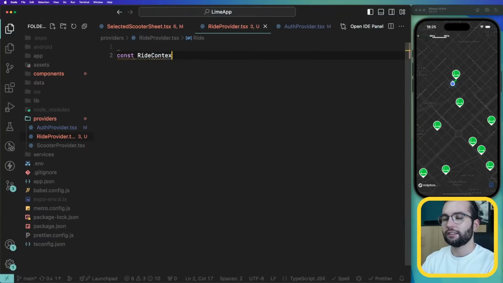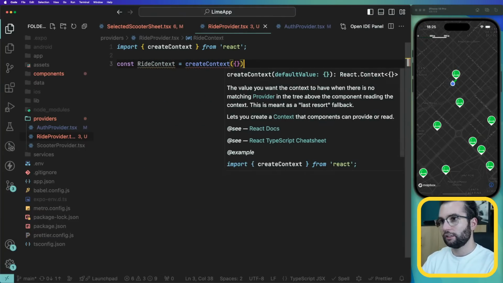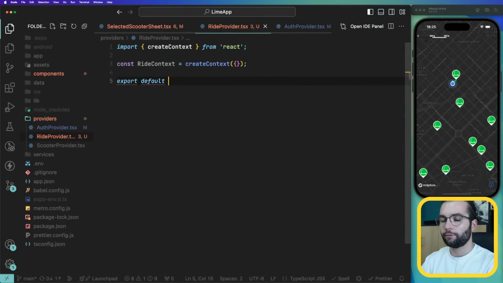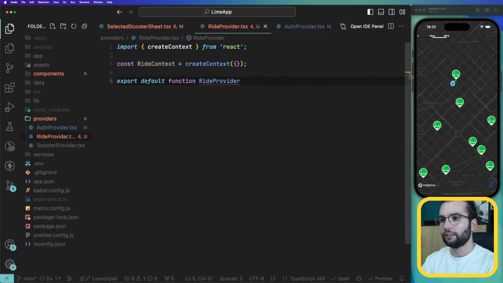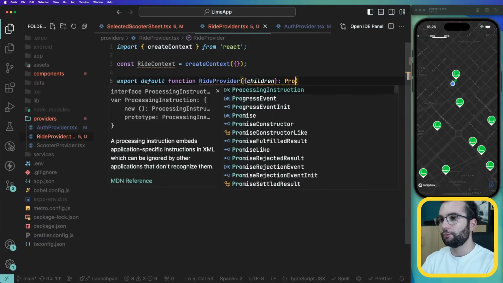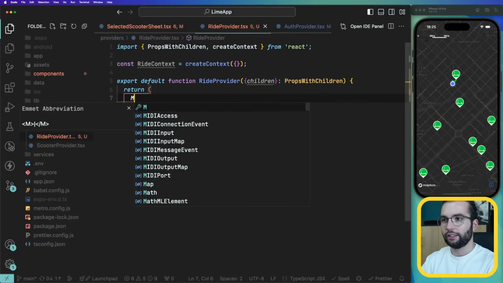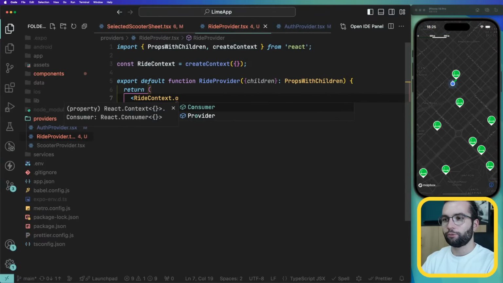Ride context, create context like this. Let's export default function ride provider, children, and here props with children, and let's render the ride context.provider